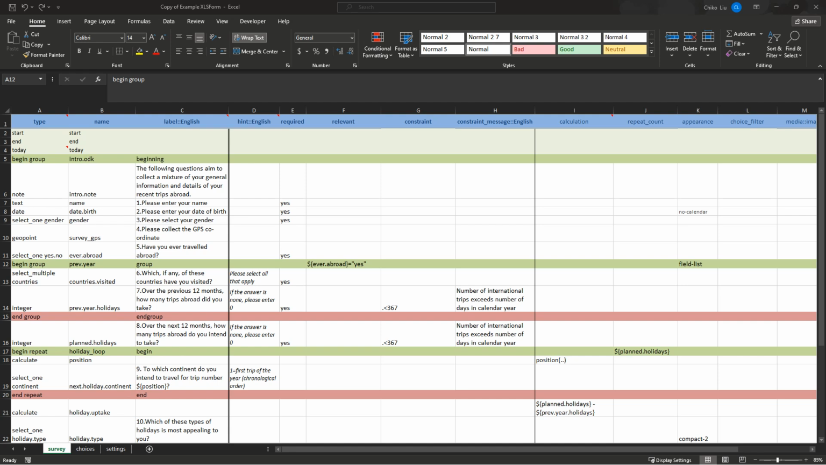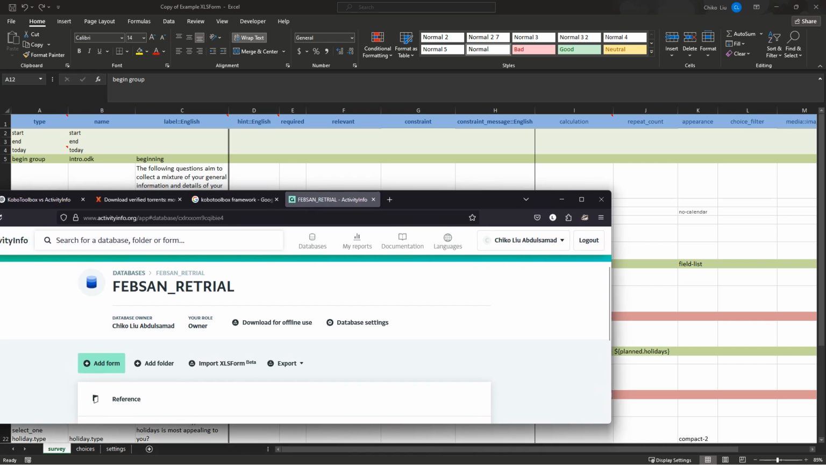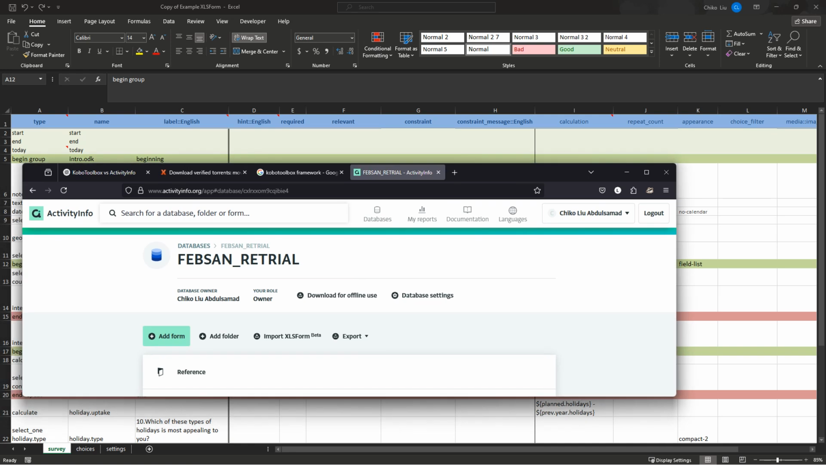Some few days back, I came across a particular tool called ActivityInfo, and it's a very interesting tool. And it works like KoboCollect, ODK, as a data collection platform, and pretty interesting. And before